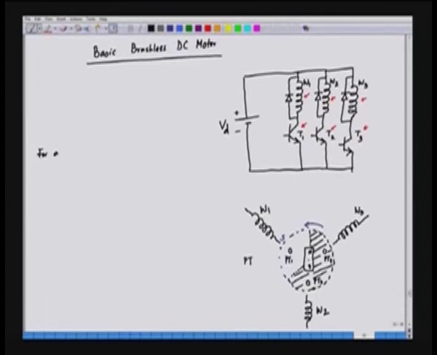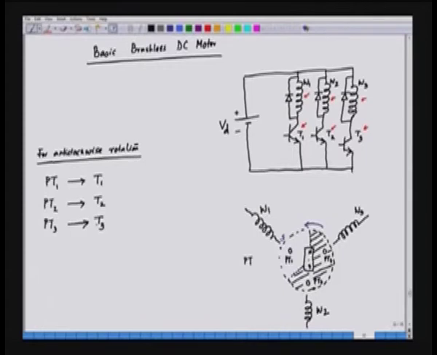For anti-clockwise rotation, we give the following signals. What we do here is, the phototransistor 1, PT1 feeds the transistor 1, and PT2 feeds the transistor 2, and PT3 feeds